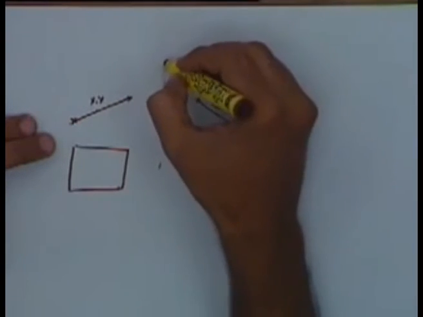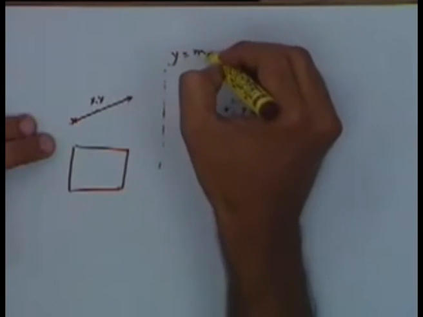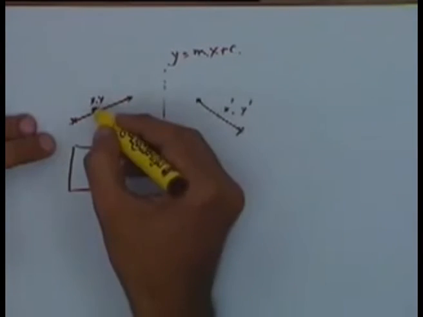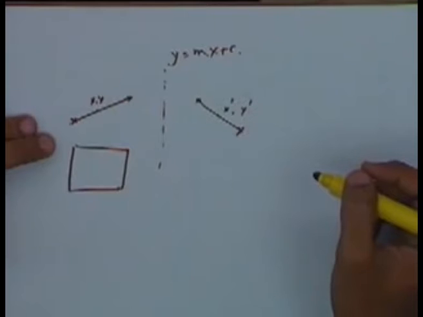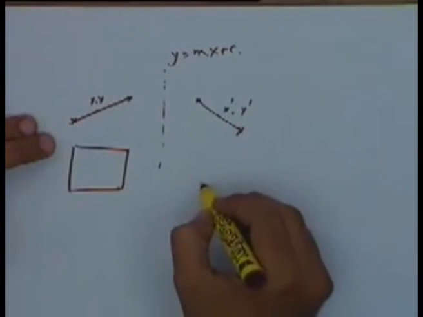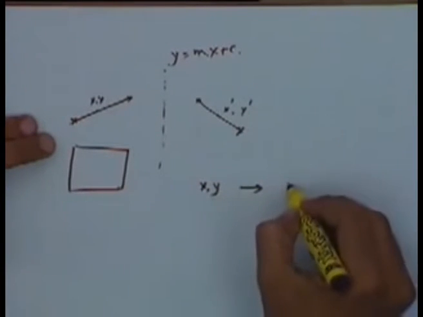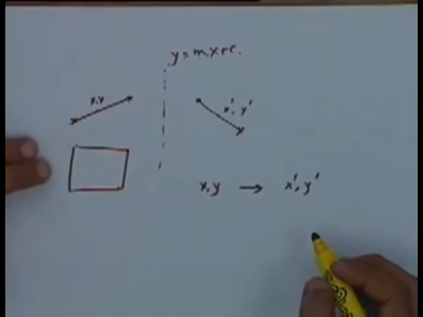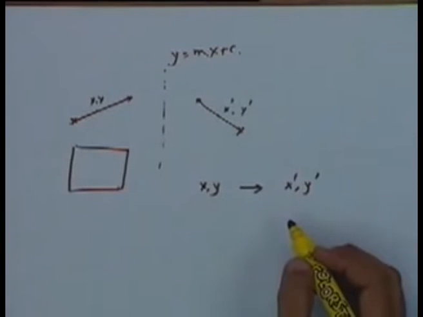Okay, if I know the equation of this line, let's say y is equal to mx plus c, how do I find x prime y prime for a given xy? Okay, the point xy is being transformed onto a point x prime y prime. Okay, so this is another case